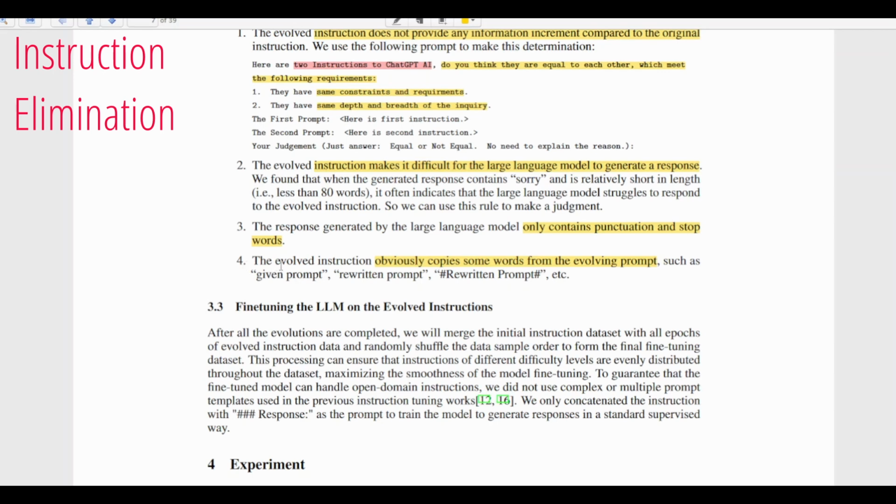And the fourth condition for rejecting an instruction is when the instruction is obviously a copy from the evolving prompt, which is the prompt that is requesting the large language model to do the generation. So if the output contains "given prompt", "rewritten prompt",